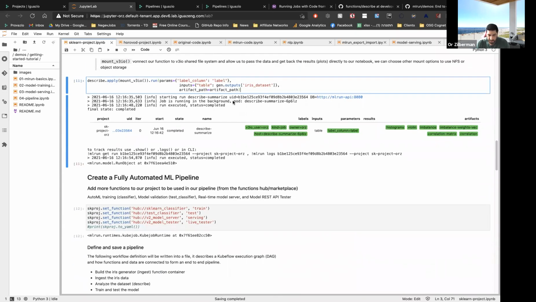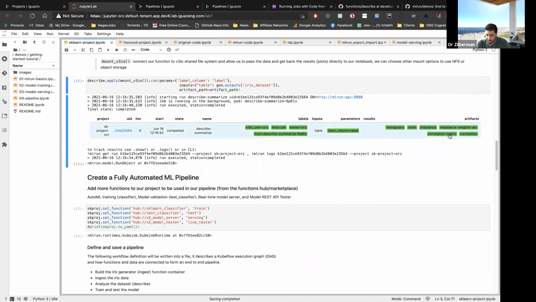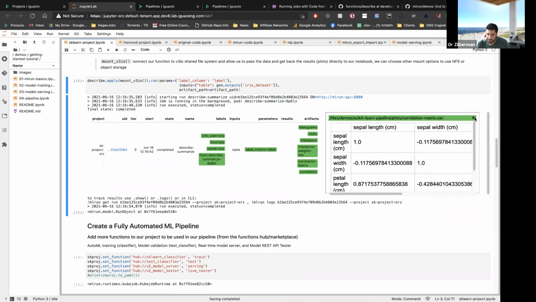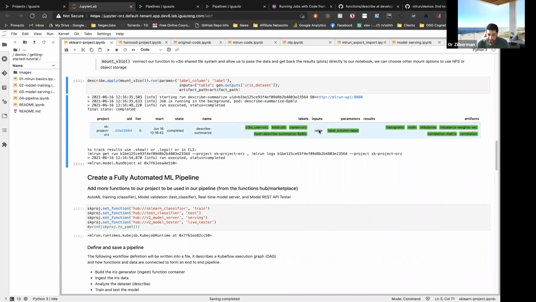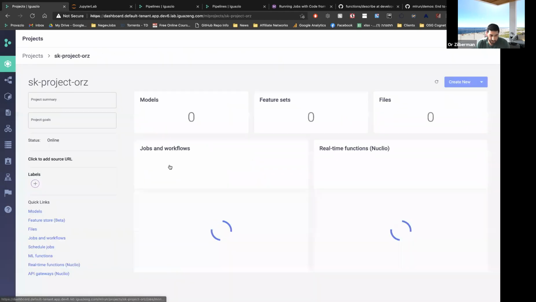So running this, we can already see that this was running on top of this cluster, and we got the pod that was actually created for it on top of the cluster. We can see all the different artifacts, like the different histograms that were created about the data, correlation matrices, imbalance weights. We can see the different inputs. We have our table here, and you can see that this is a store artifact. This is a reference coming in from MLRun. And again, this is all tracked to